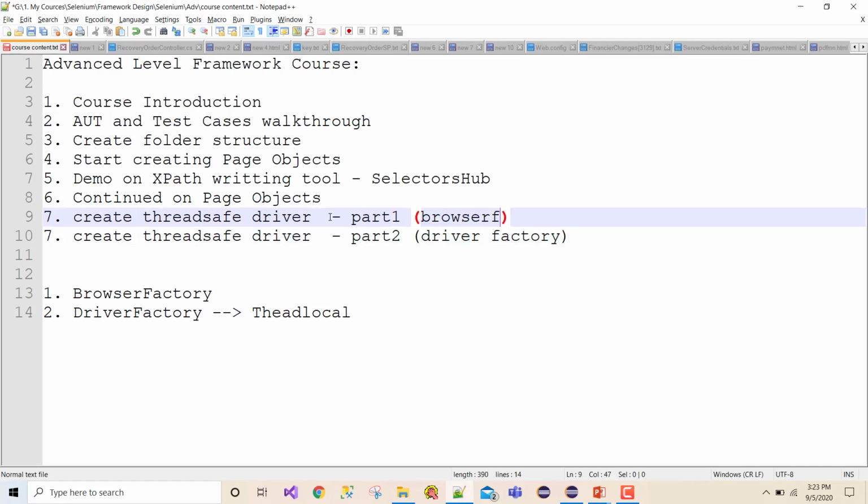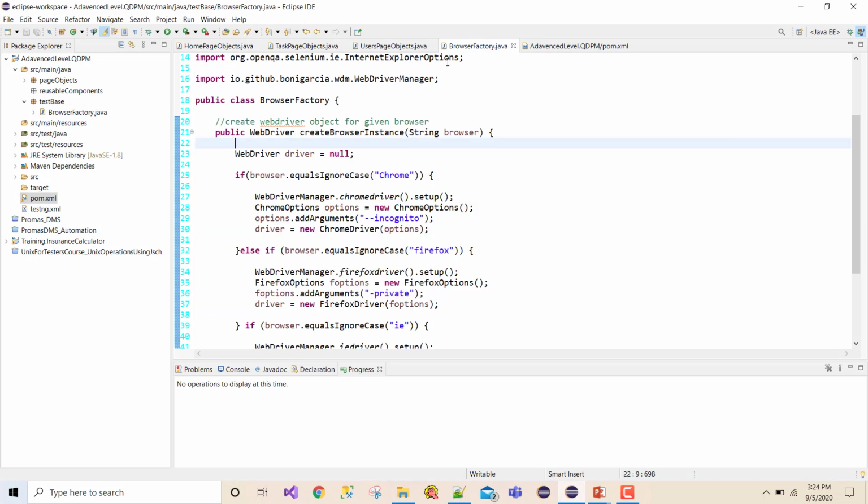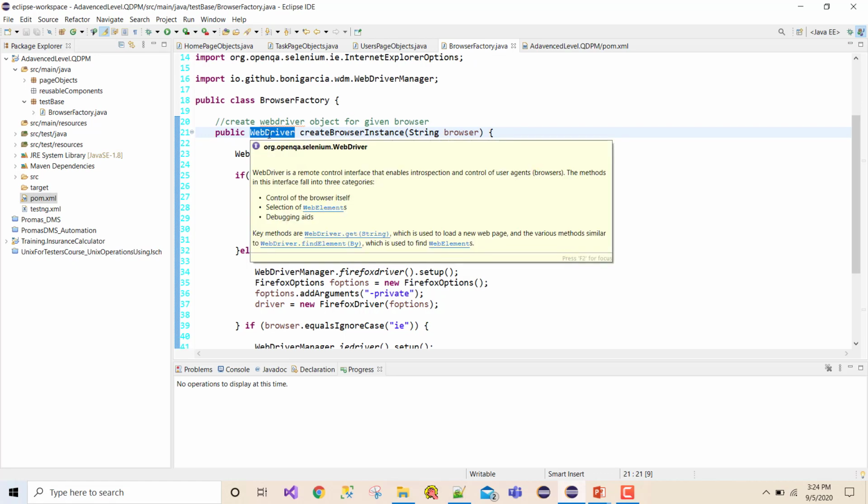So when I say browser factory, it was something like I created an instance of WebDriver. Let me go to my Eclipse, and if you see here, I created something called browser factory and returned a WebDriver instance. Now this particular WebDriver instance I want to make thread safe, right?